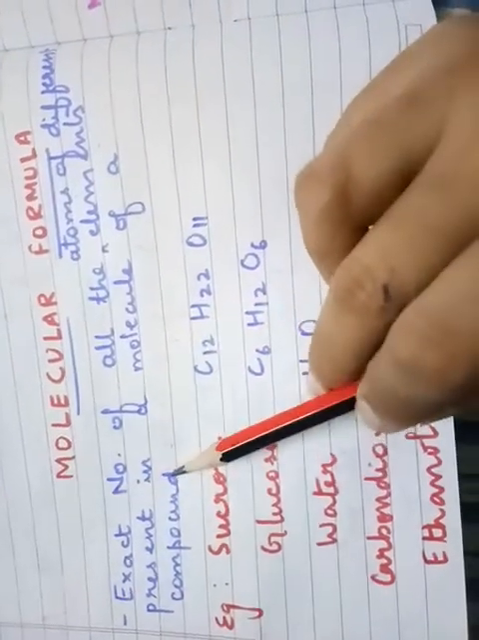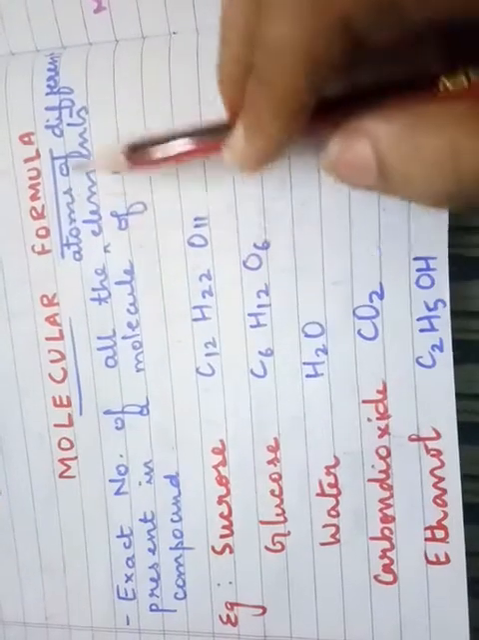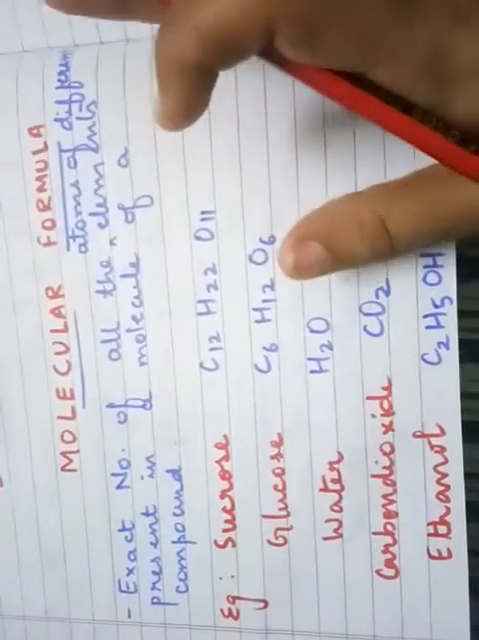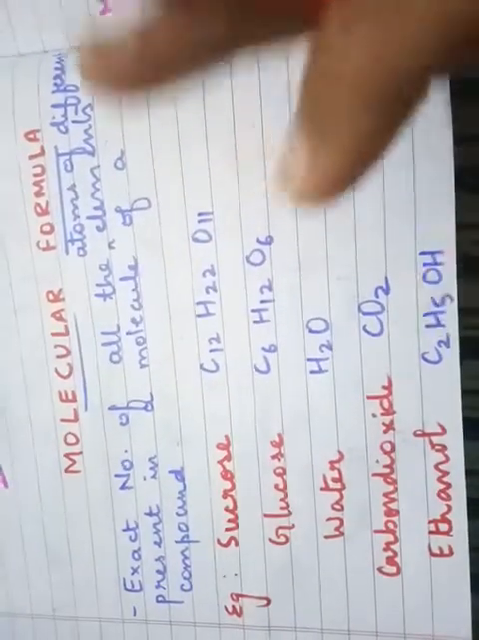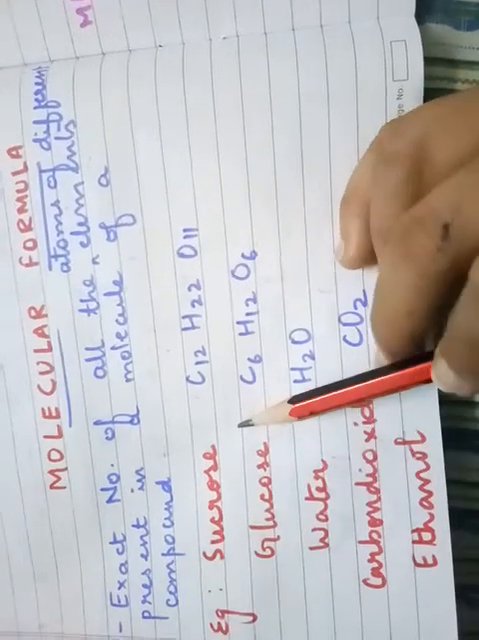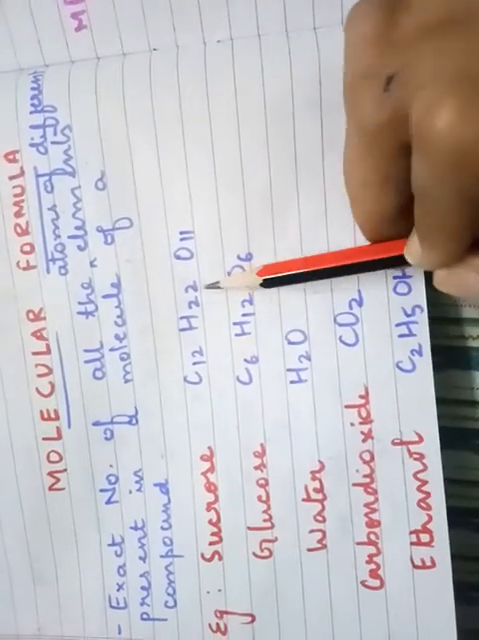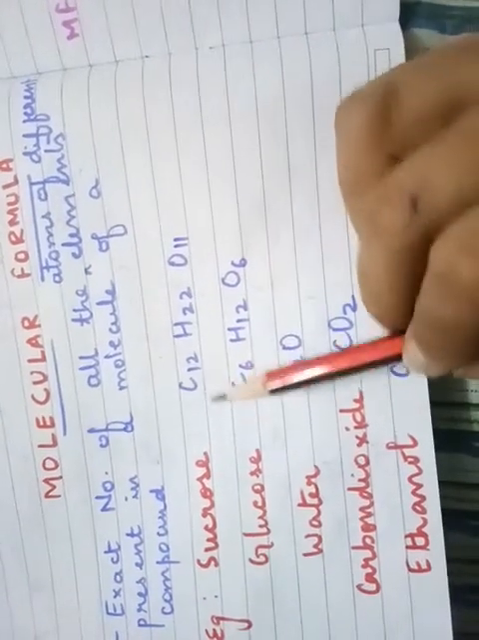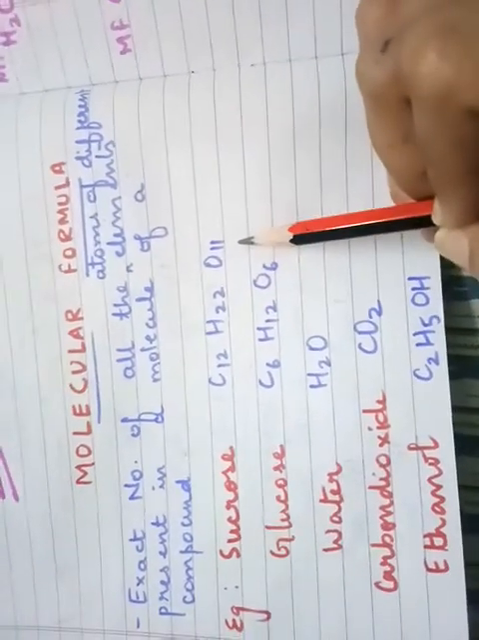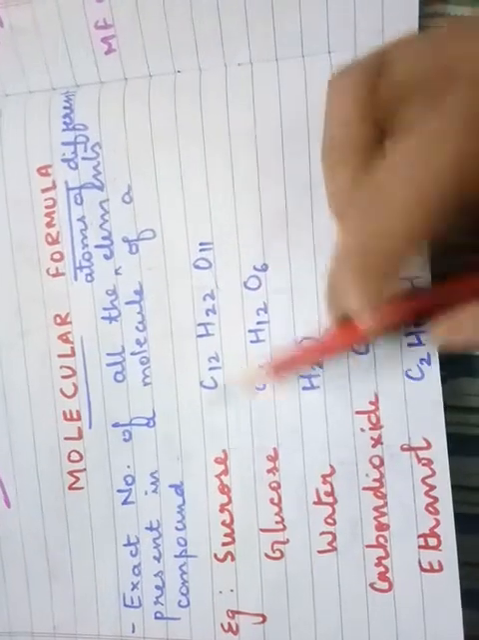compound. तो जो compound है उसके एक मॉलिक्यूल में जितने तरह के एलिमेंट्स हैं उनके कितने एटम है एग्जैक्ट नंबर बता रहा है, टोटल एटम का नंबर बता रहा है हर एक एलिमेंट के बारे में. For example, if I talk about sucrose, it is C12H22O11. So in sucrose we have 12 carbon atom, 22 hydrogen atom and 11 oxygen atom in one molecule of